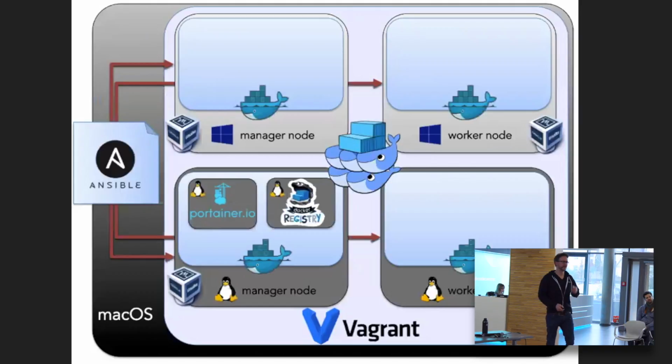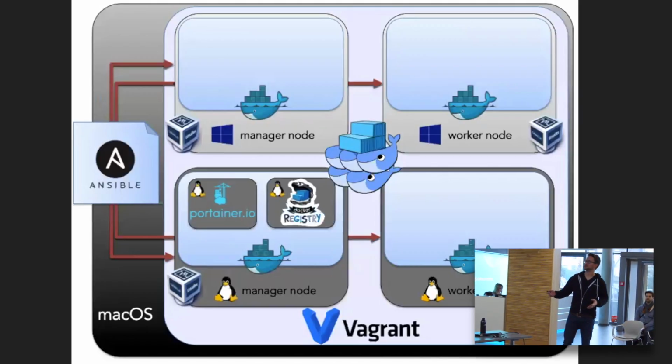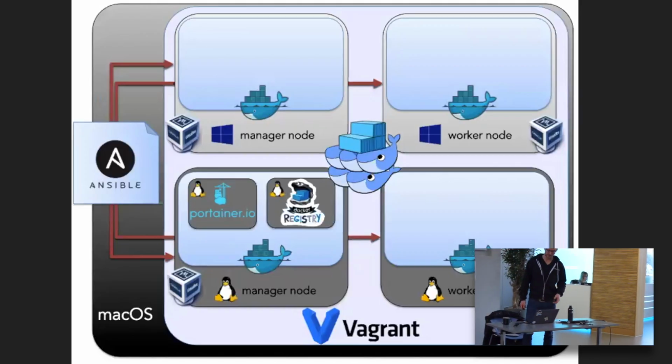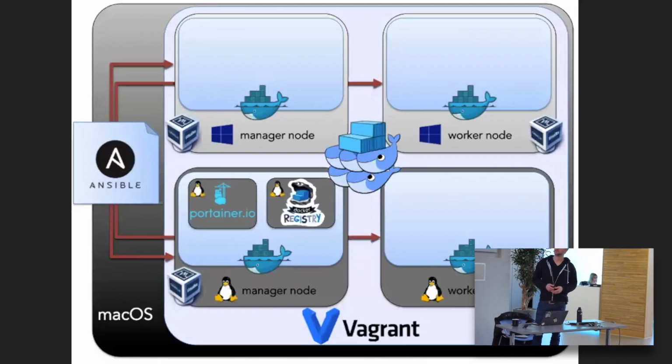And yeah, if we just start playing around with this stuff, we get to know that we should have something like a management GUI because it's really running out of our scope, this thing, you know? You remember the picture with the Spring Cloud thing? I mean, this was complex, but now it's just a mess. So we're using Portainer for that because it's a really nice management GUI for Docker Swarm or Docker in general. And we need a Docker Swarm registry for the later application deployment.